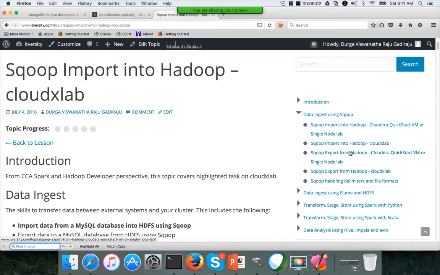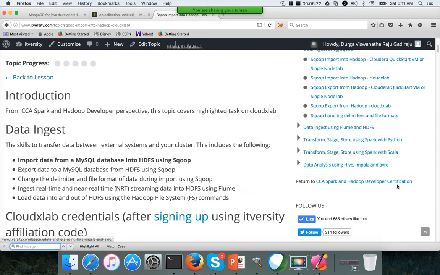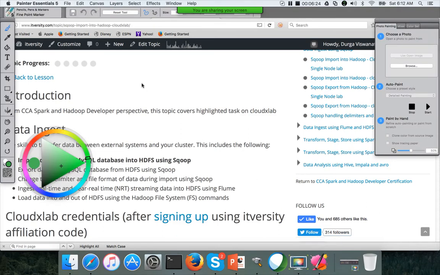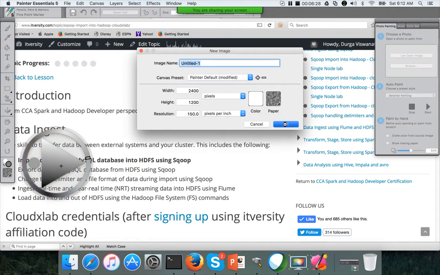Okay, so I'm explaining this to emphasize the importance of practicals. If you don't practice, then no matter how effectively I explain, within a couple of weeks we will be back to square one. That being said, now we will start talking about Scoop in detail. Before getting into Scoop, let us recap how HDFS and MapReduce work, and then we will talk about Scoop.